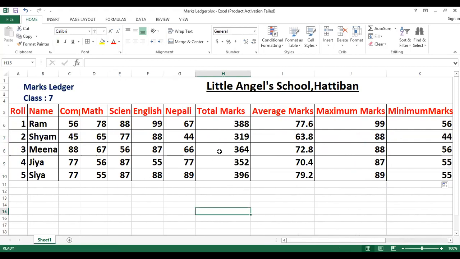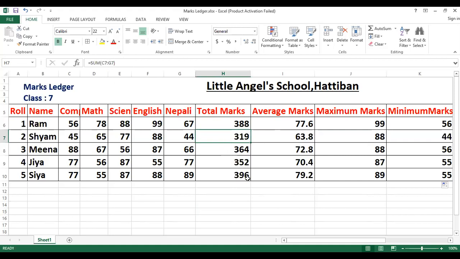So on the computer, you can use the fill handle how I have used here. But in the copy, you have to write down the formula. Like what is the formula of this one, 388? You see in the formula bar, you have to write equals to sum C6 colon G6. This 319, what is the formula? Sum equal to sum C7 colon G7 bracket close.